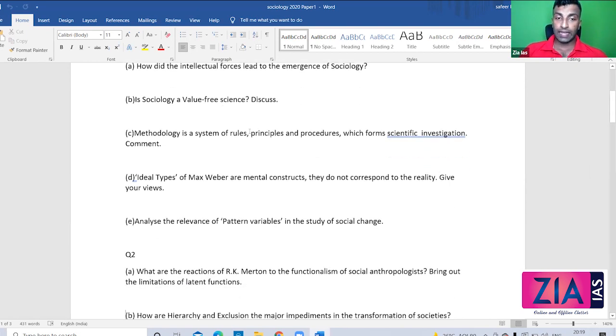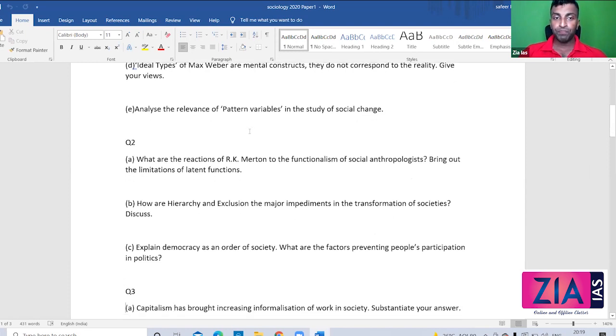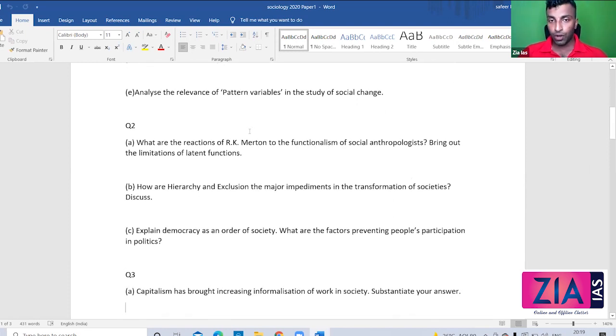Okay. Now the second question is what I'm looking for. What are the reactions of Robert Merton to the functionalism of social anthropologists? Bring out the limitations of latent function thinkers. So there's a 20 marker. B will be a 20 marker, C will be a 10 marker. Now the first question, I'm very much satisfied. Merton, you remember the first